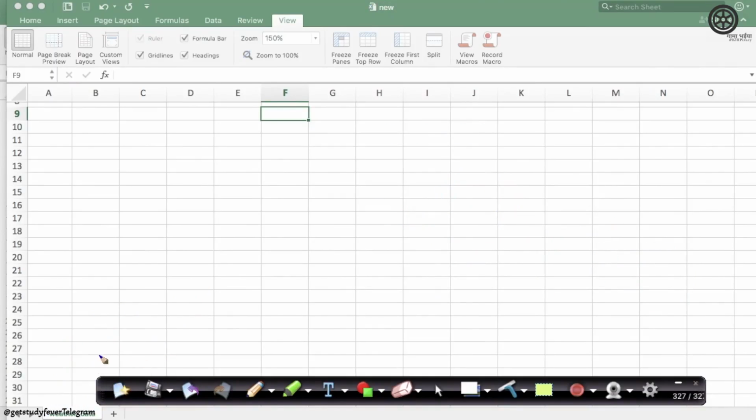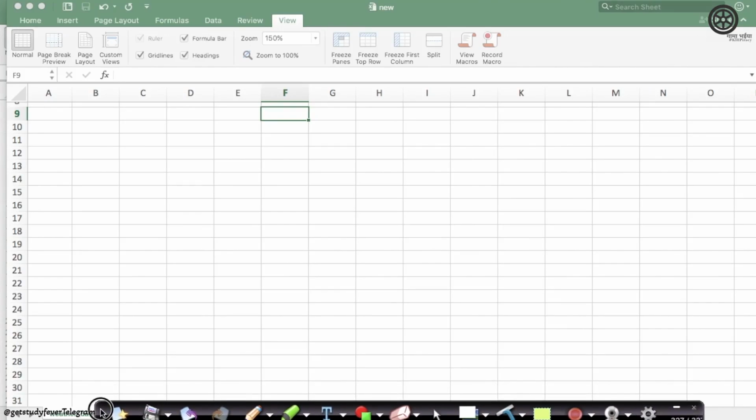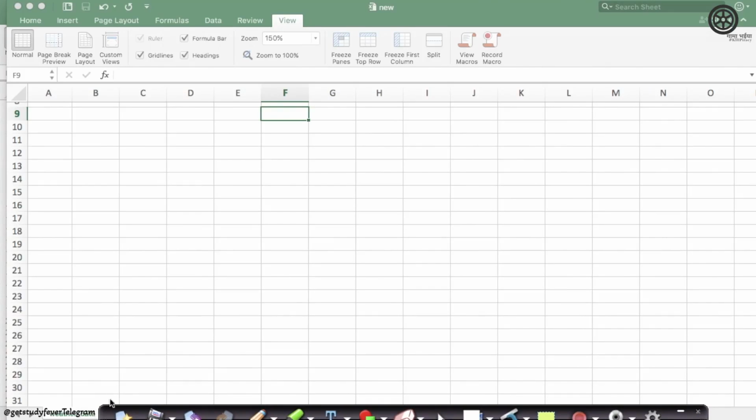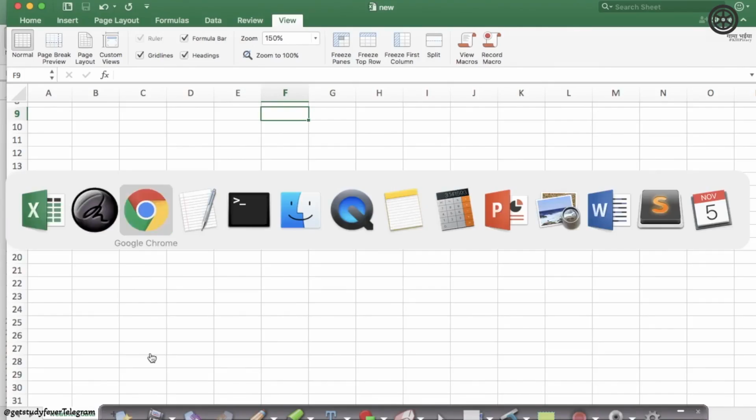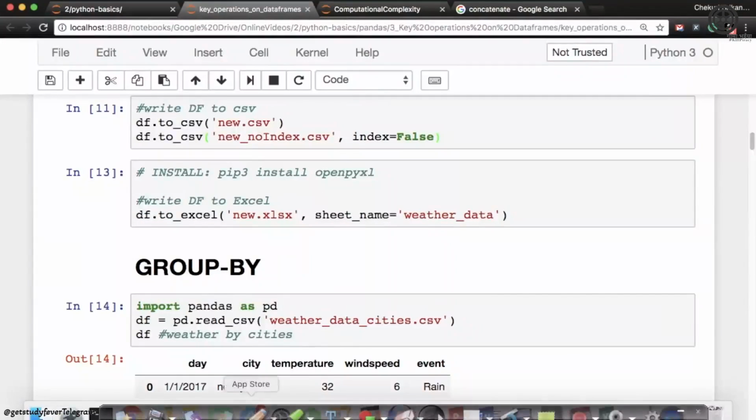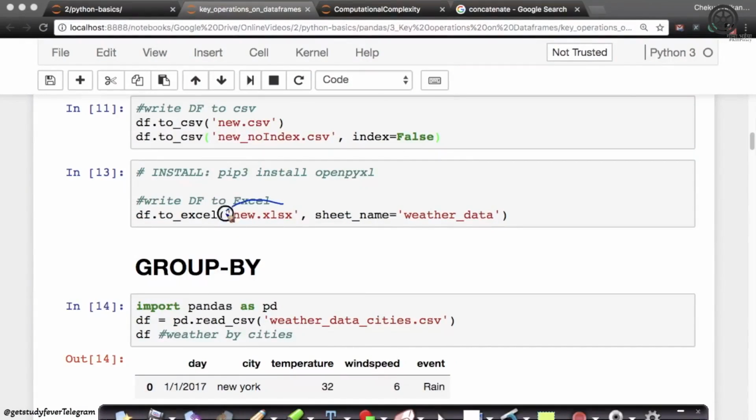Now let's go back, and I'll also move my tool a little down here. It was actually blocking this name, and hence I had to move it. But otherwise, now we are back on track. If you recall, it's called new.xlsx, and the name of the sheet is weather_data. Now we understood how to store data and how to read data from both CSV files and Excel files.